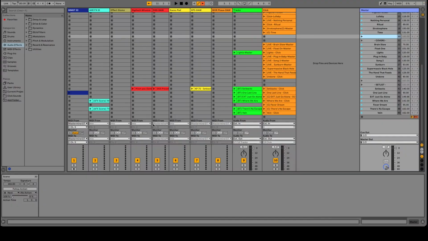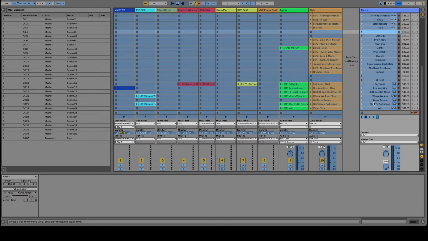Ableton session right now, we can see that when we hit the MIDI map, if we look at this sidebar right here and see where Fever Dream and There's No Escape are right down here, we have a little indicator right here of numbers, the 5 and 2 and then 5 and 9. The 5 is representing what MIDI channel I'm on for the GT, and then 2 and 9 are their respective CC codes, which can also be seen right over here if we look at the sidebar over here with the MIDI map keys. CC number 2 is for scene 47, and CC 9 being 48, which is the exact order these Ableton scenes